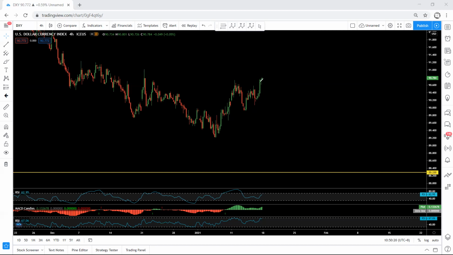We have two options. One is similar to what I drew here, just now explained. The other one is that this is the only correction relative to this. We won't get one more small one similar to this here. We will get the bigger one similar to this. Anyway, which one will happen, we are not sure. Then if we get either of these corrections, from there we can look for a buy.